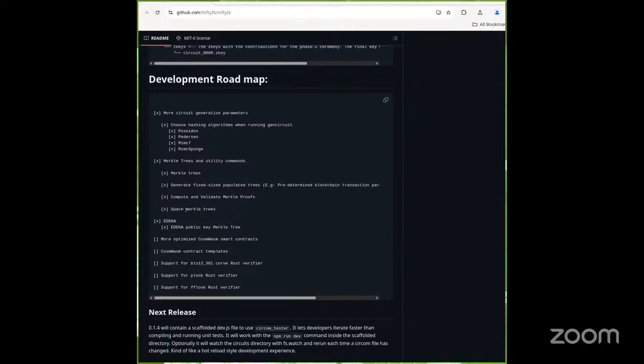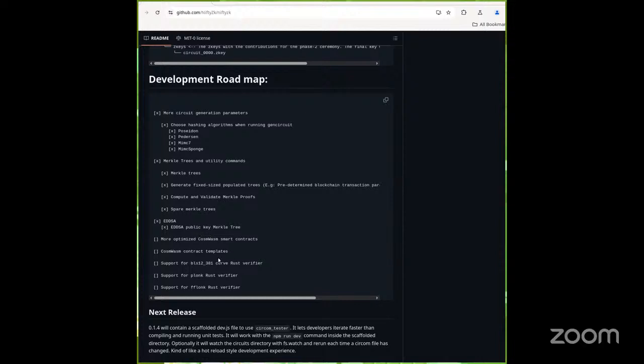So the development roadmap is here in the repository, and we just completed sparse Merkle trees, which adds a lot of new functionality if you're building for identity systems, identity verification, privacy, or roll-ups or similar things like that. It will make your life much easier to use NiftyZK because you don't have to set up the environment. Everything will be generated for you. It will create the circuits for you. It will write the tests for you, and everything will work out of the box.